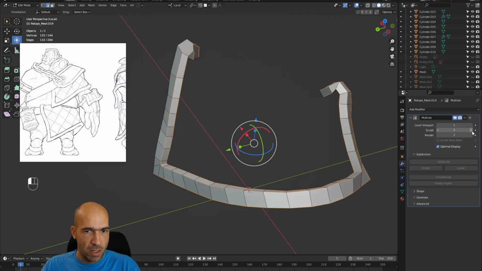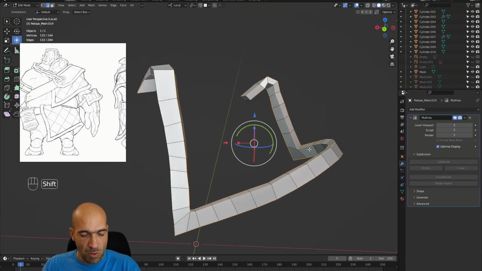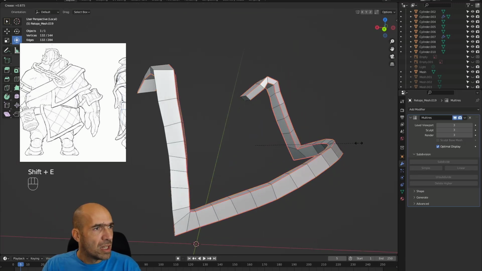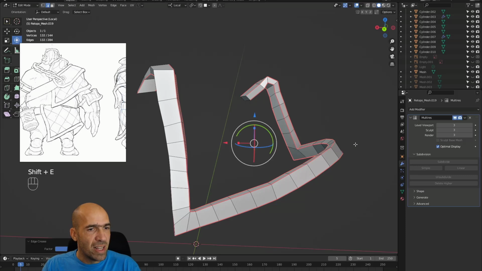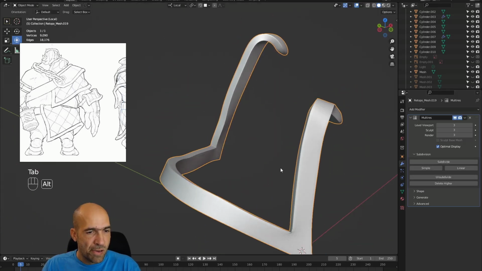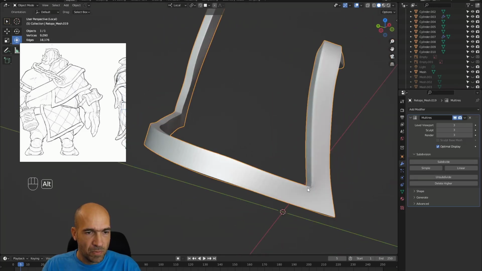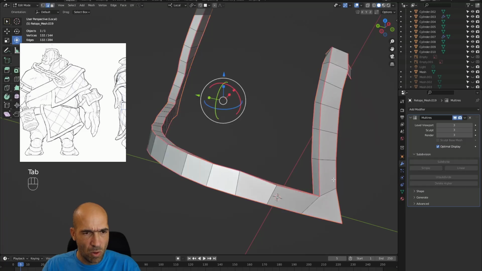Let's see. That's why we have to do the subdivision surface, not the multi-resolution in the beginning. But whatever, I will sharpen them at 0.8 and then we see how it goes. It's okay. Here it's a problem, but we will go and